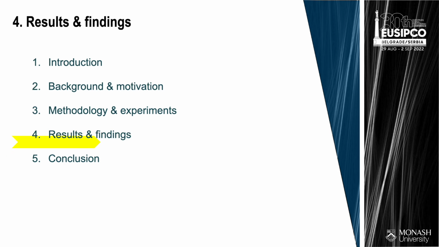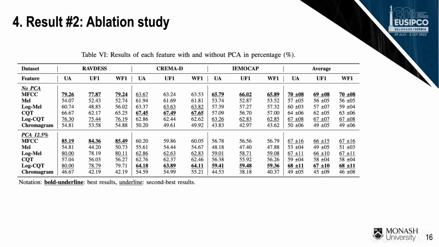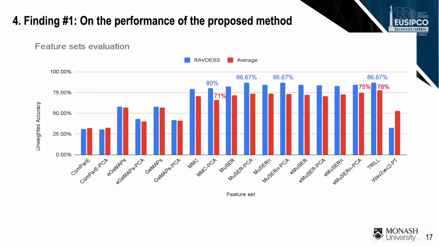Next, we discuss the experiment's results. This is the result of the first experiment about feature sets evaluation, and this is the ablation study. Please refer to the paper for more detail. Now I will discuss findings from these results. There are 5 findings. First, we achieved